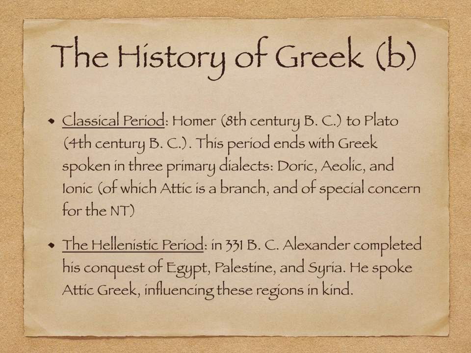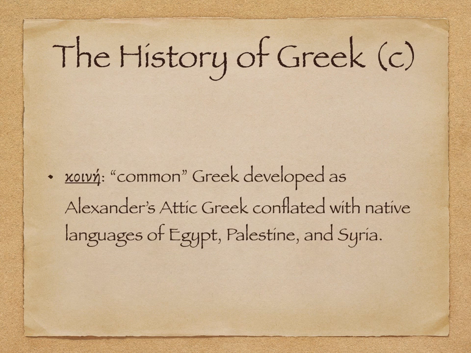The classical period leads to the Hellenistic period in 331 BC. Alexander the Great completed his conquest of Egypt, Palestine, and Syria. He spoke Attic Greek and thus its influence to these regions. Well, how does all this fit with the New Testament? Well, over time, Attic Greek sort of conflates, blends with other languages in the regions that Alexander conquered, and that becomes known as Common Greek,